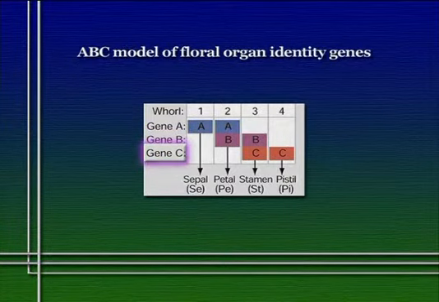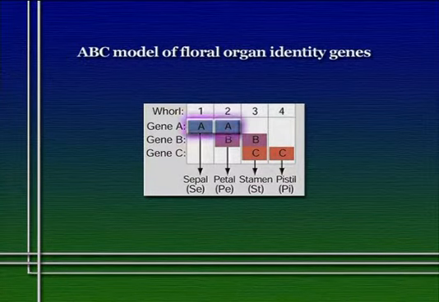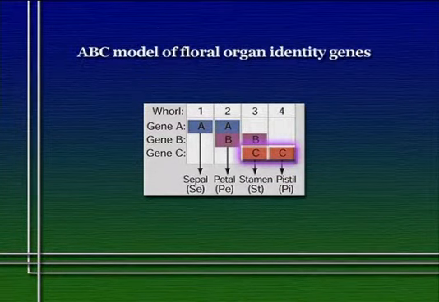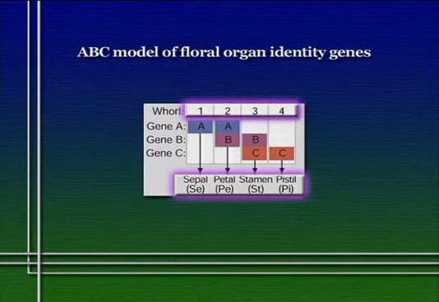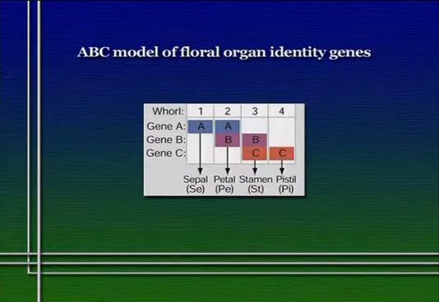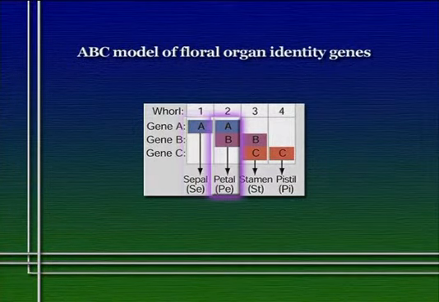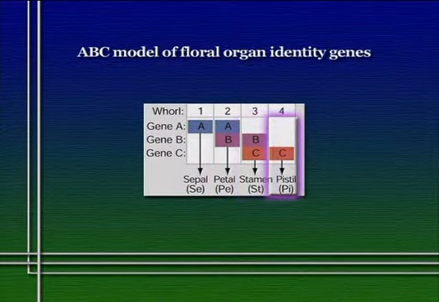There are 3 basic tenets of this model. First, the model assumes that each of these 3 genes is expressed in 2 adjacent rings or whorls in the meristem that will give rise to a flower. Remember, we have 4 rings that we have to account for. Second, the assumption is that this pattern of gene expression will cause these 4 rings to turn into 4 different kinds of organs. Third, and finally, the model assumes that each of these 4 combinations of master regulatory genes is going to trigger a cascade of other gene expression, which is what leads to the specific flower part.